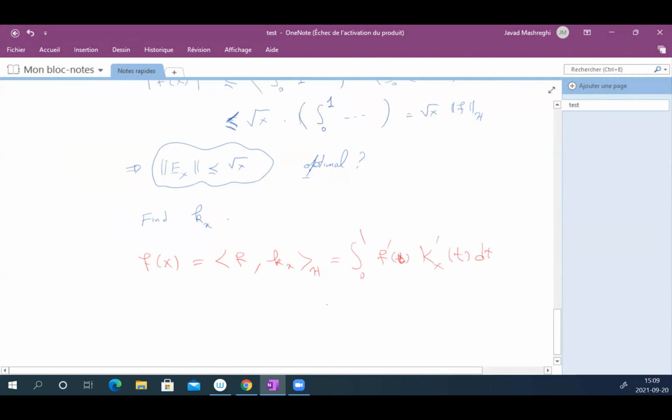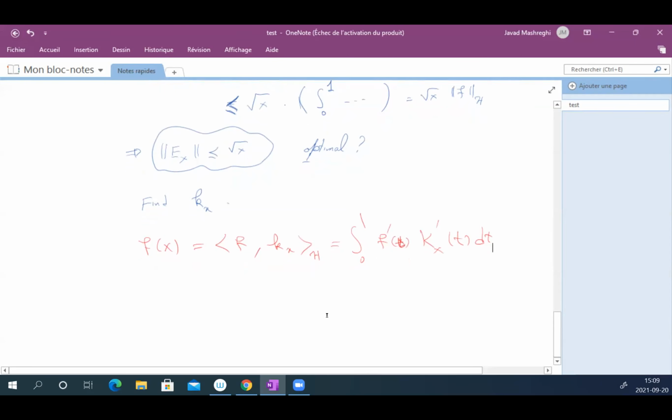And if we do integration by parts, what do we obtain? There will be an extra term,